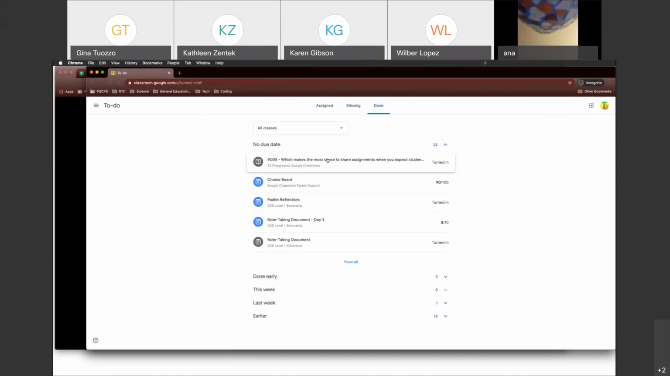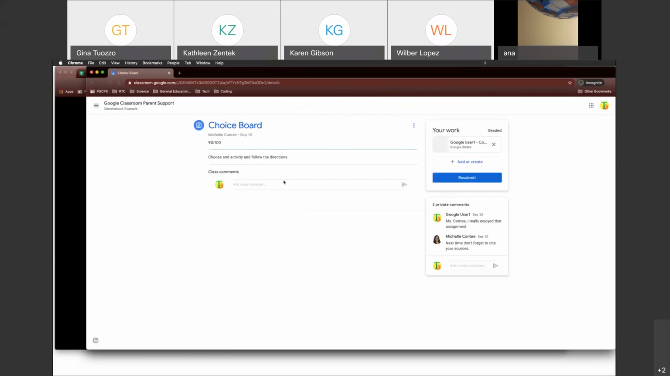Here are some other items I've turned in for other courses. And I can see that for some of them, my teachers have graded my assignments. For example, my choice board got 90 out of 100 points. For any assignment on any of these 3 tabs, I can click on the assignment to open it up and